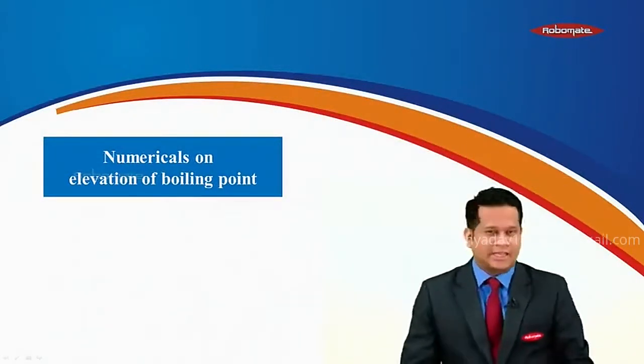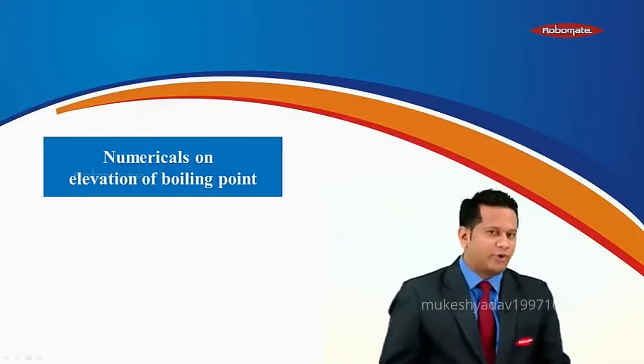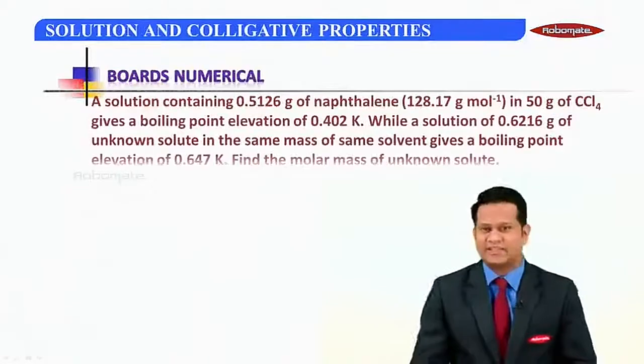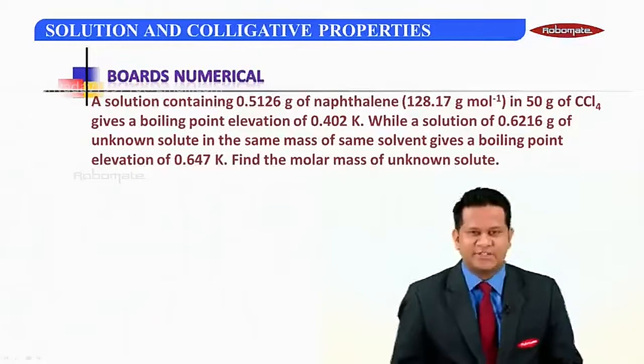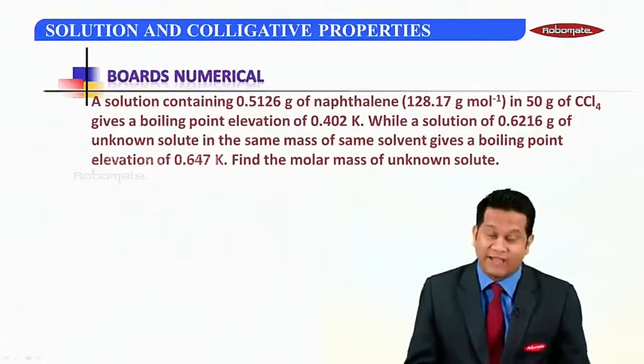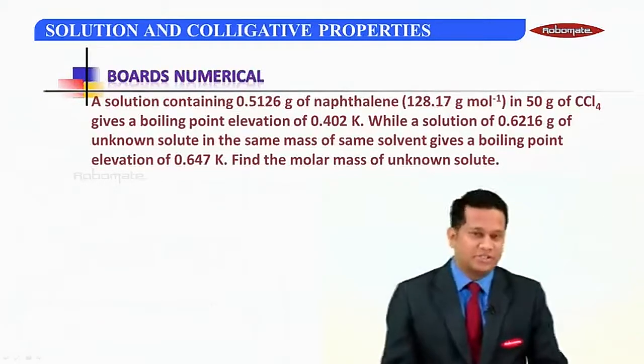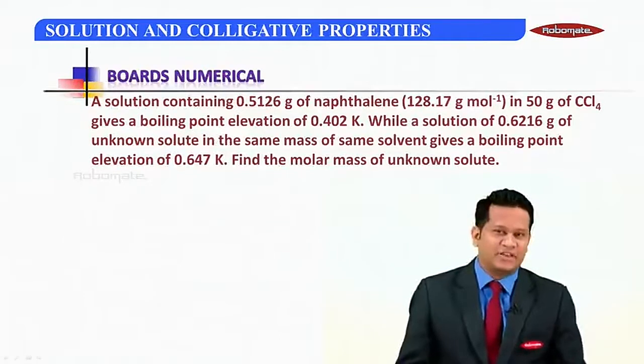Hello everyone. Let's see the numericals on elevation of boiling point in this module of the chapter solution and colligative property. The numerical is this. A solution containing 0.5126 gram of naphthalene having the molar mass 128.17 gram mole inverse in 50 grams of CCl4